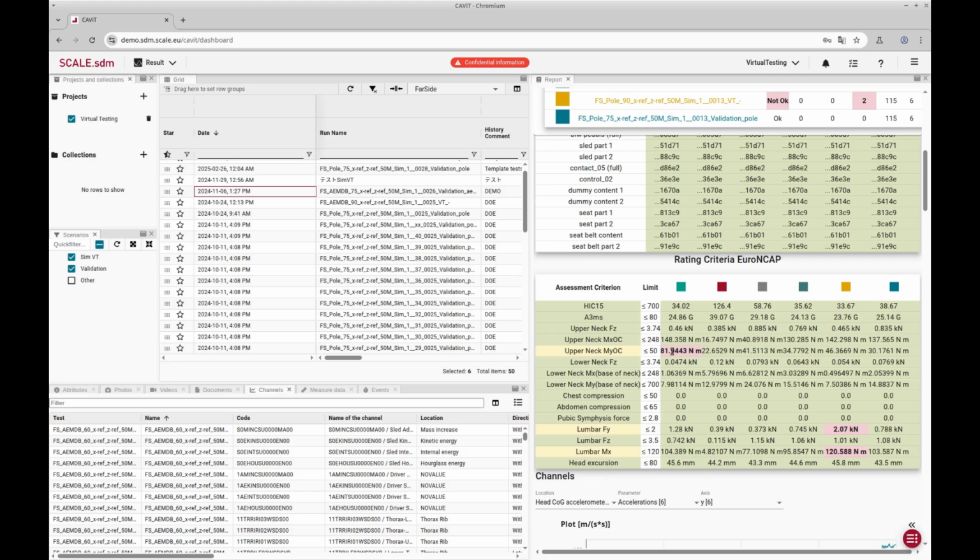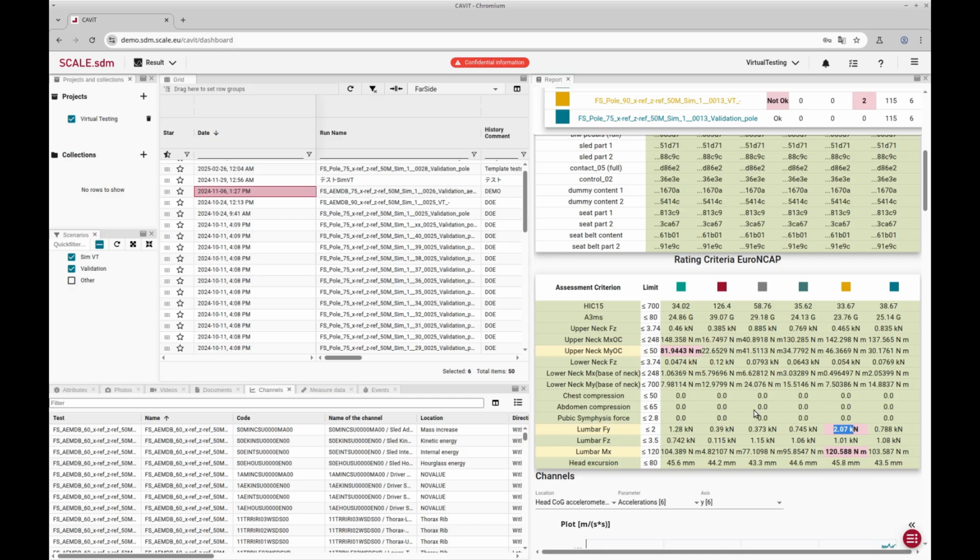This report also offers the possibility for a pass check of these rating criteria. And again, if any of the rating criteria does not meet the requirement or is over the specified threshold, the engineer can check the input data for that.